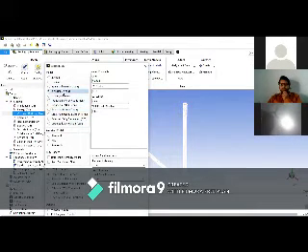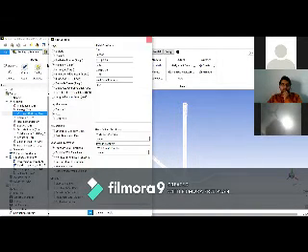Then if you select the K epsilon model, we can see three types of model here: standard, RNG, and realizable. So this is the mode of the solution, with the help of the K epsilon model. We selected the RNG type of model for the solution. For near wall treatment, we selected the standard wall function. Then go to OK. So this is our completed.